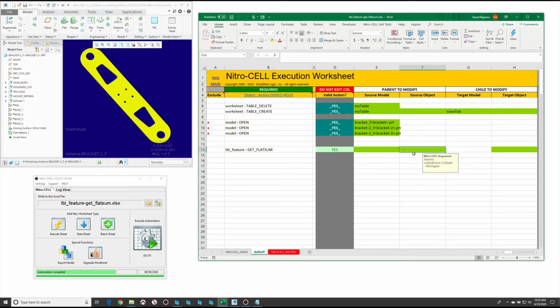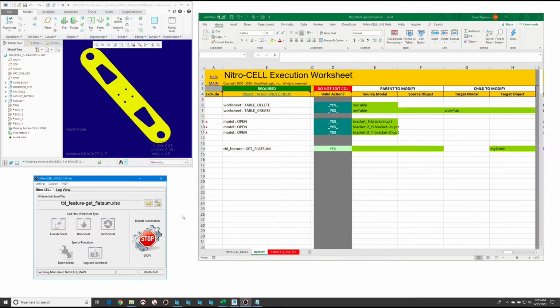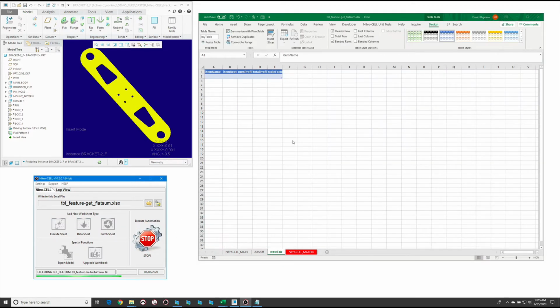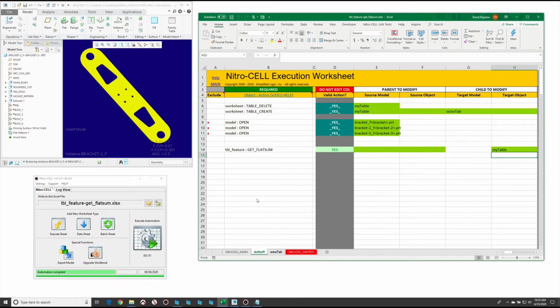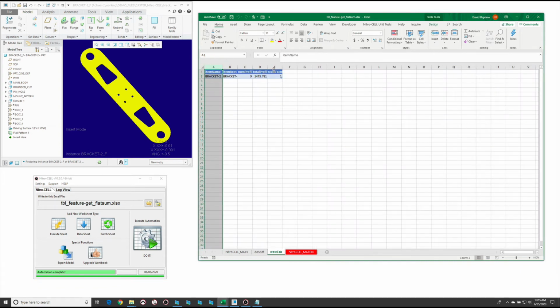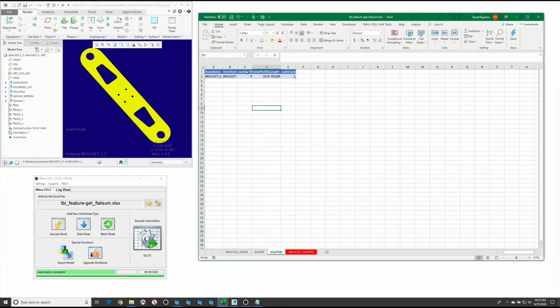We can, of course, set a scaling factor if we want to convert the values that this is producing, to scale it for some reason. And then we could just write out my table is going to be where we write it to. So I'm going to take the active model as is right now and just run it. And it's going to produce a table reporting basically a nice summary of the number of profiles that are in